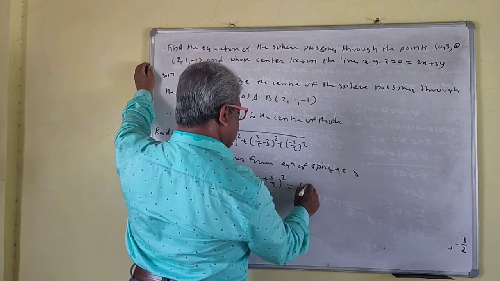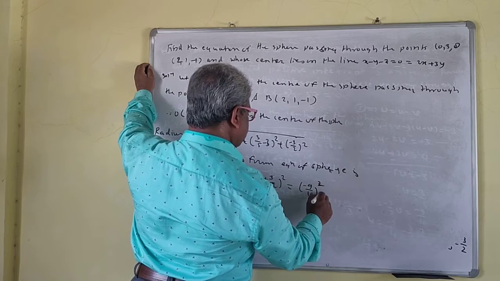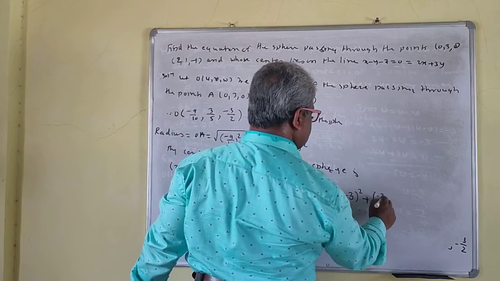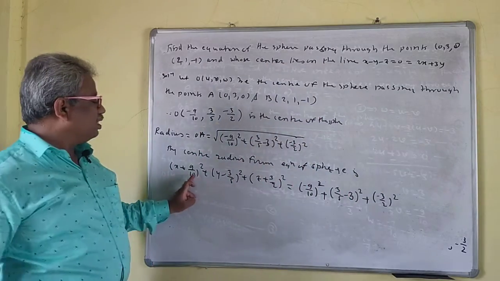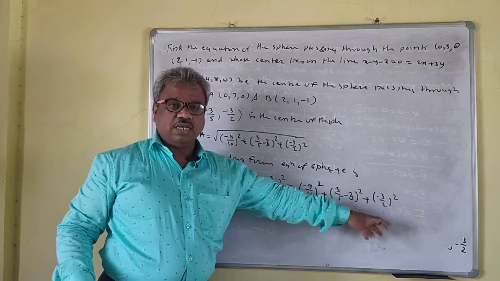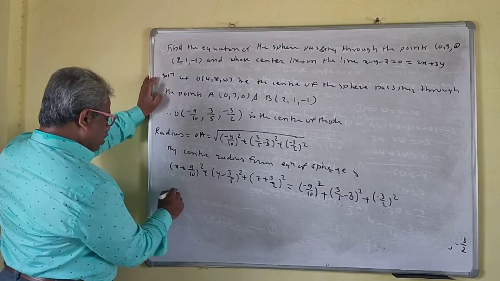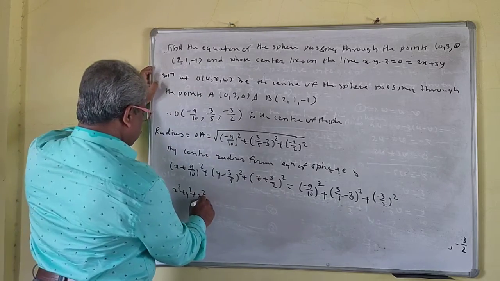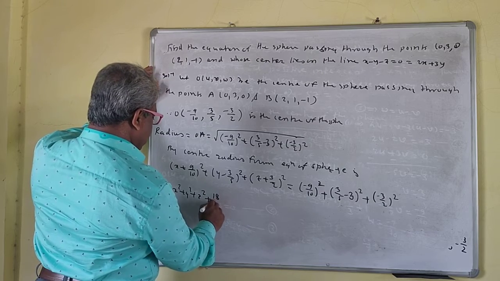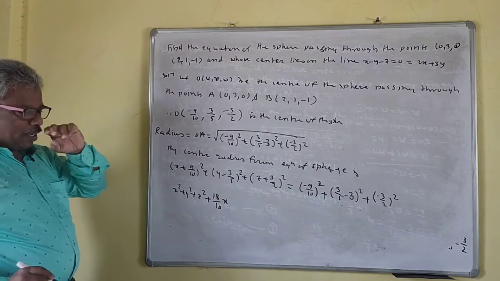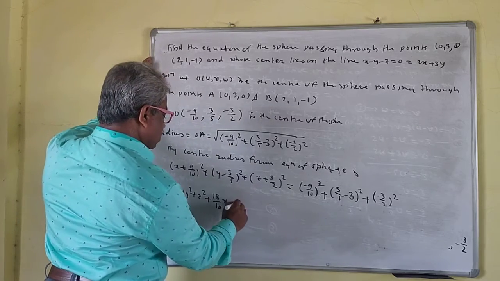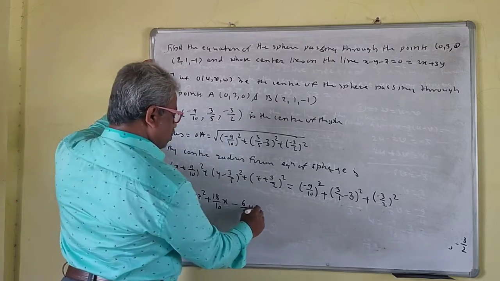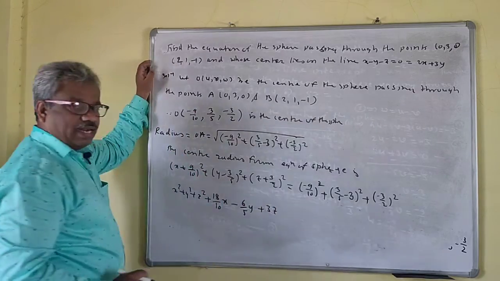So this is minus 9 by 10, you may write 9 by 10 square plus 3 by 5 minus 3 square plus minus 3 by 2 square. Now see this 9 by 10 square, 3 by 5 square, 3 by 2 square here, so they get cancelled. Okay, so we will collect only the middle term now, x square plus y square plus z square. So plus 18 by 10 x minus 6 y by 5 plus 3z. We will directly write 3z.